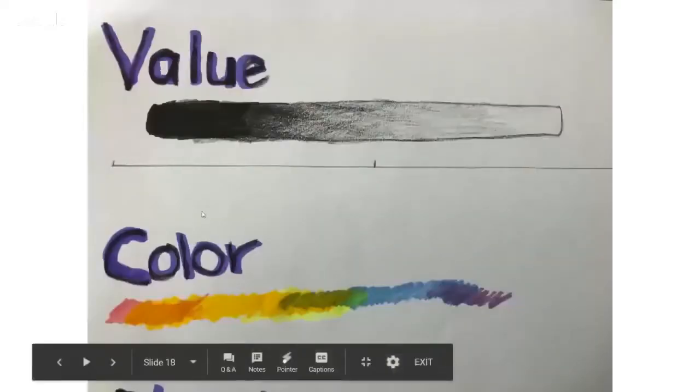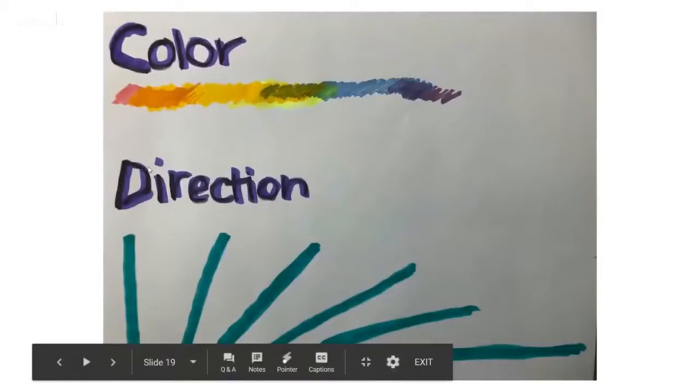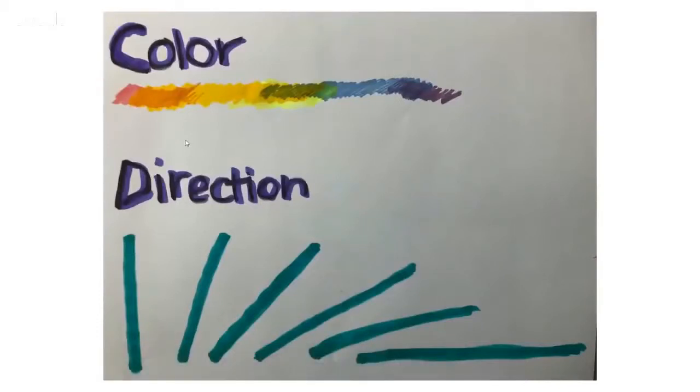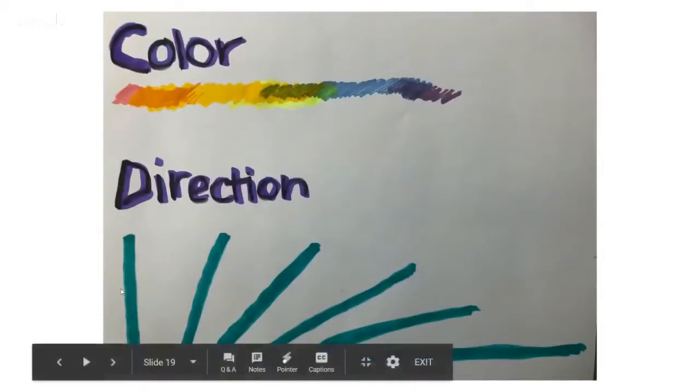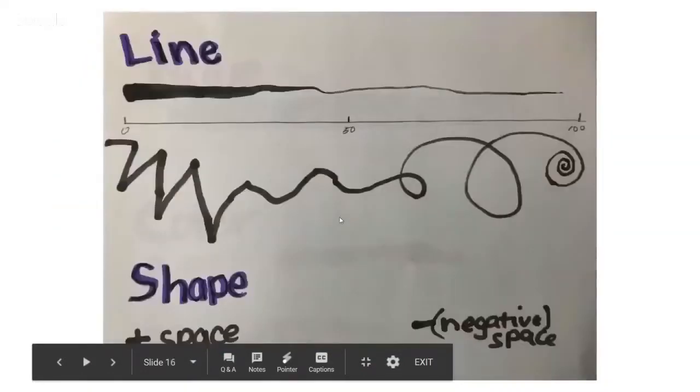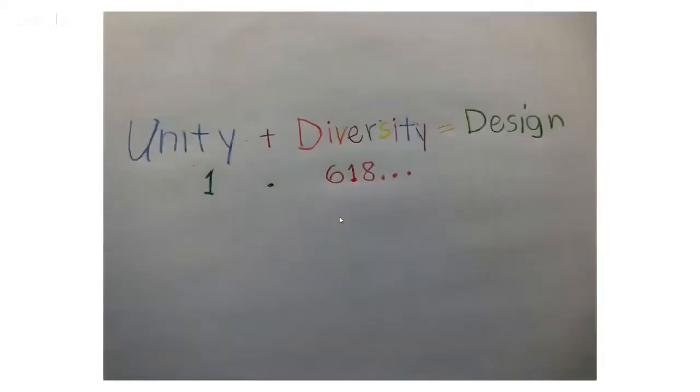Color could be muted bright colors versus dulled color, warm versus cool. That's the range. Direction, well, you see direction, it can go all the way from horizontal to vertical to in between. Now the question becomes, when you're applying the golden section,